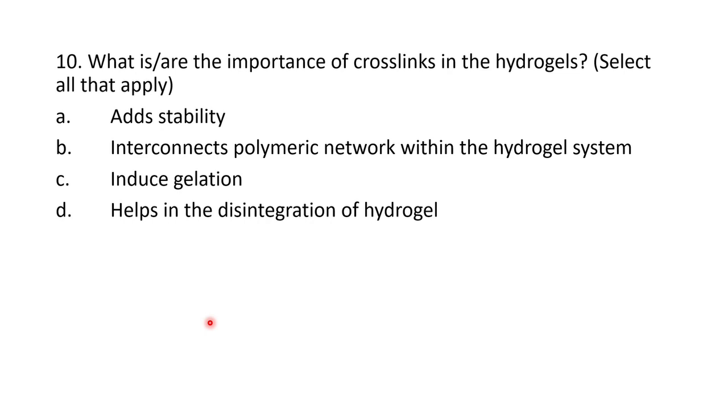So, for example, if you're using a polymer called alginate and a polymer called gelatin, and if you are preparing a hydrogel out of it, it will connect both these polymeric systems together and will give you one single polymer. It might be in a liquid form also. So to convert it into a gel form, to induce gelation, you will need extra cross-linkers. So even without cross-linkers, if there are particular functional groups, for example, if there is an amine functional group,